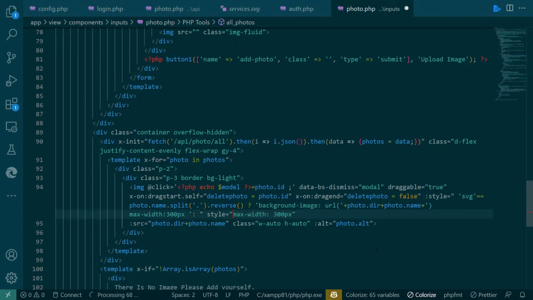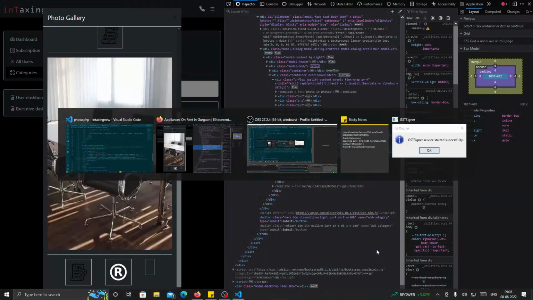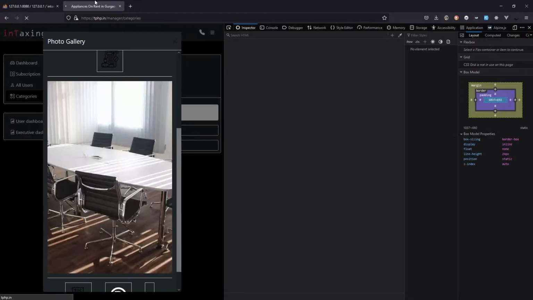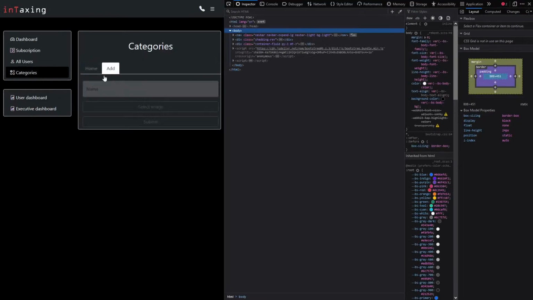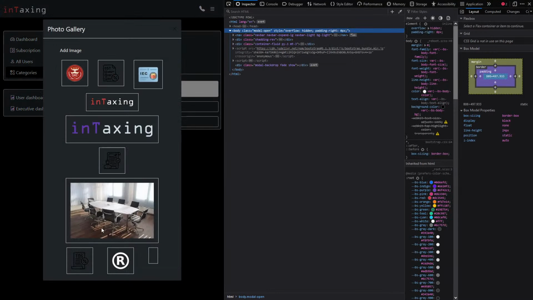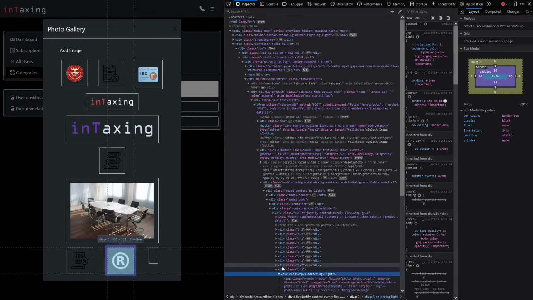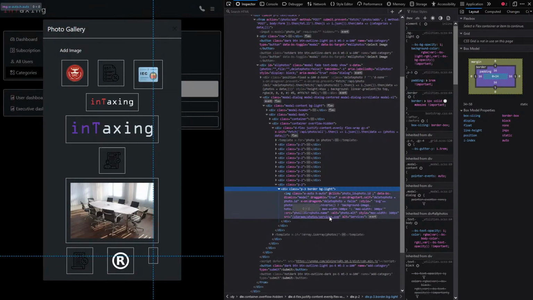Maybe this works now. Probably, I hope so. This is going to work. And style is removed. Let's refresh this page. Okay, it's working kind of now. So first of all, let's check this storage, and